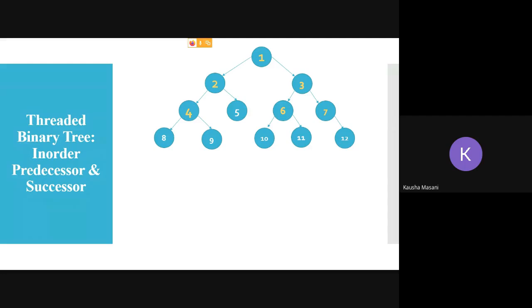In order traversal sequence of this given tree. Yes, students, you have to give me the sequence. In order sequence for this given tree.